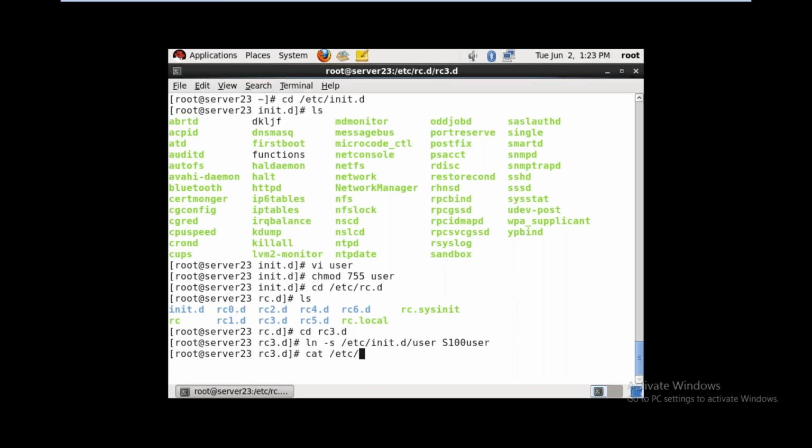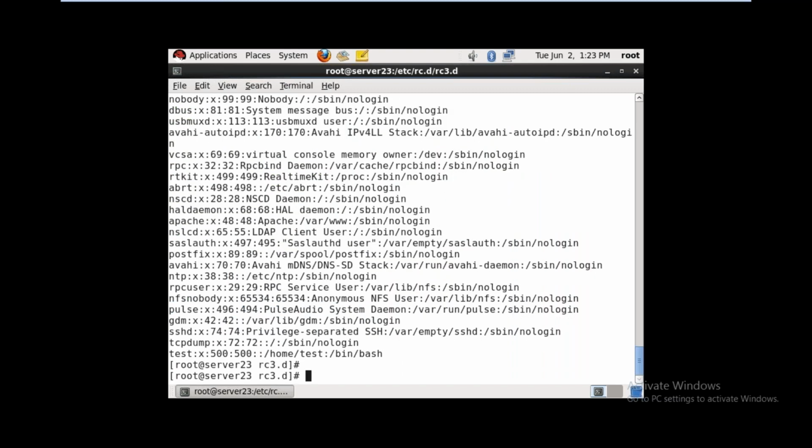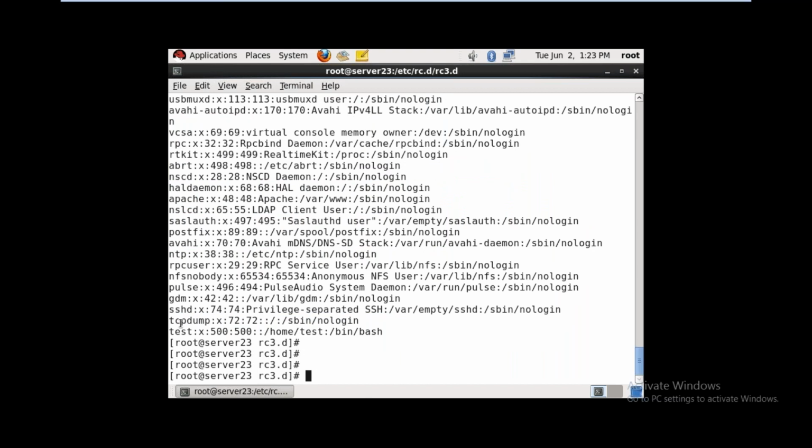Now check the users. cat /etc/passwd. In Linux, all the user information is located in this file. If you want to see the users in Linux, you can check the file cat /etc/passwd. Now see, at the time of installation, we created one user account, test.